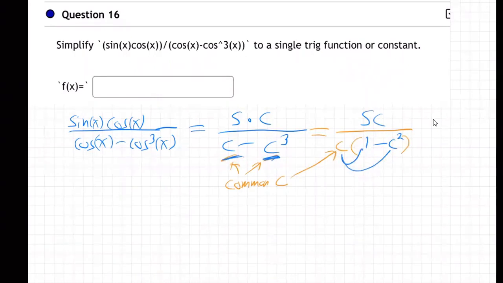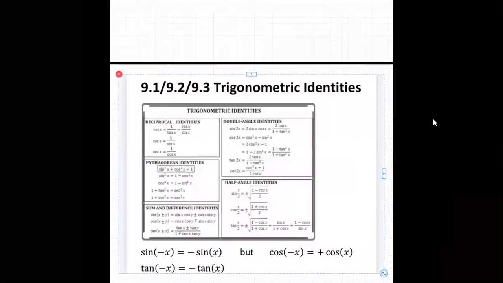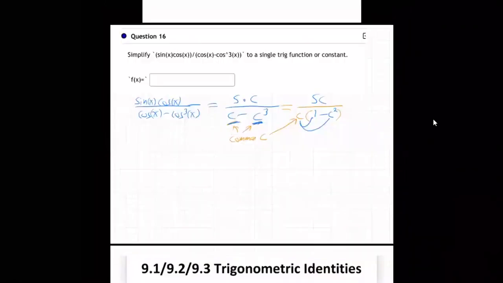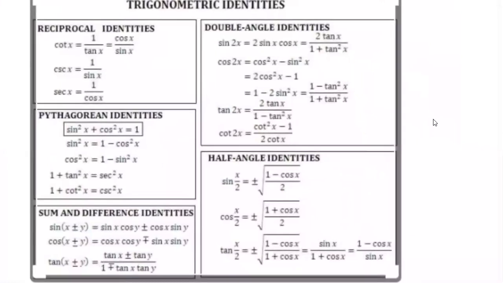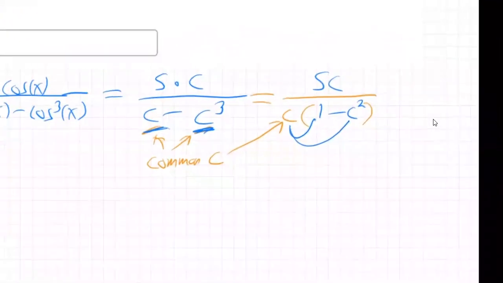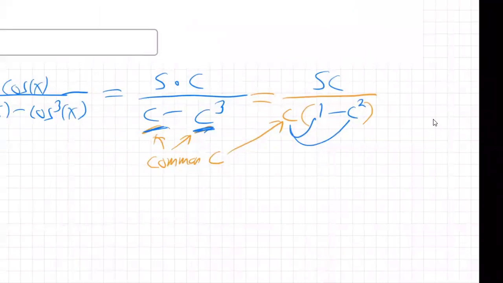Okay, now what? Well, if you go to your formula sheet, let me get our formula sheet here. We see, what are we looking for? 1 minus c squared on the bottom. You're getting used to seeing that. 1 minus c squared right there. 1 minus cosine squared is sine squared. So we go, oh, this part right here, 1 minus cosine squared. Well, that's sine squared. So this becomes